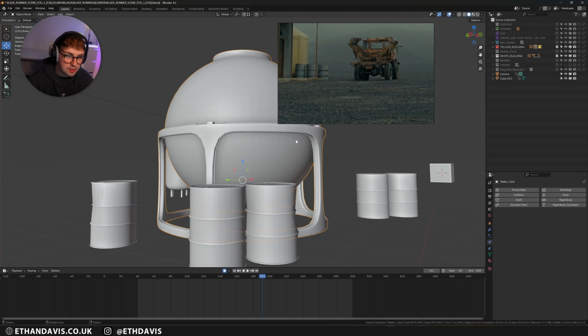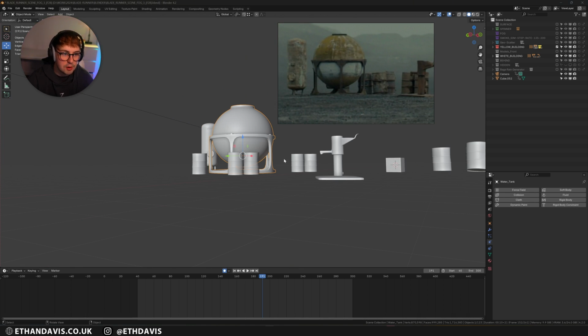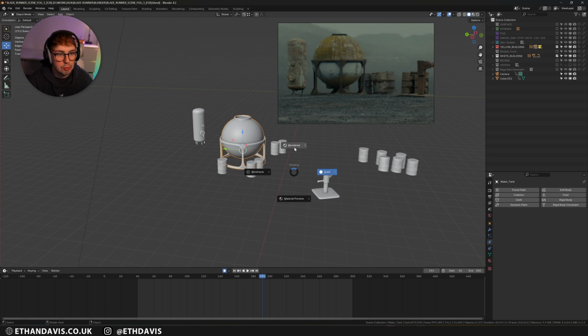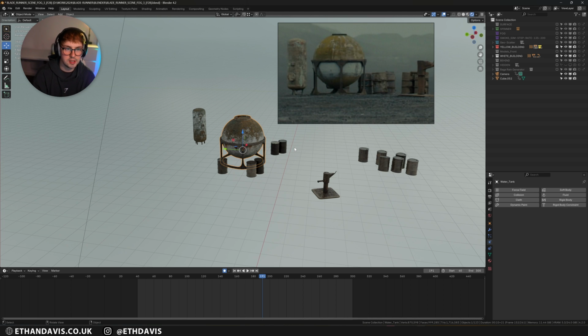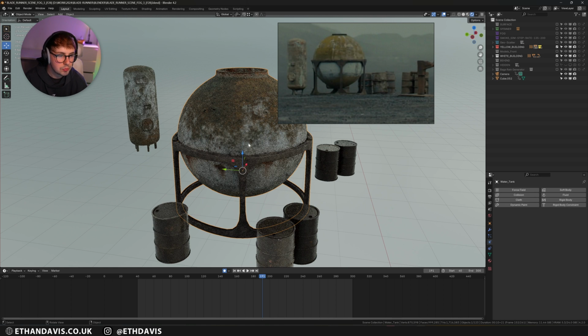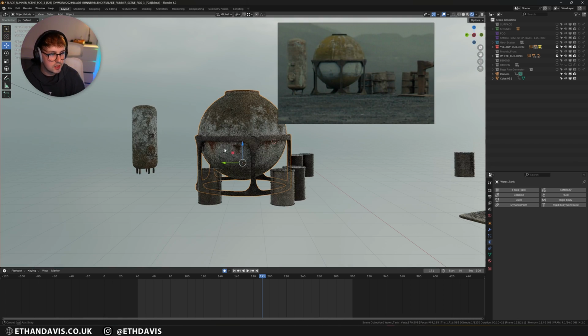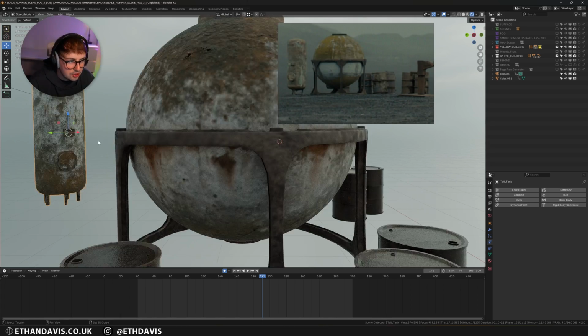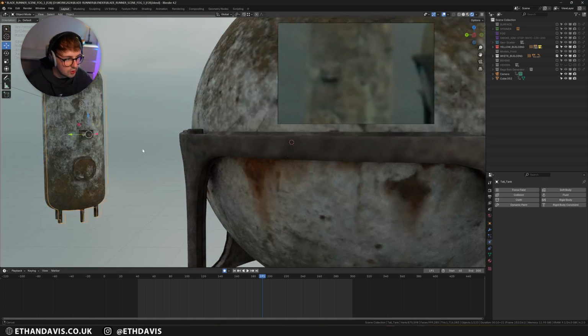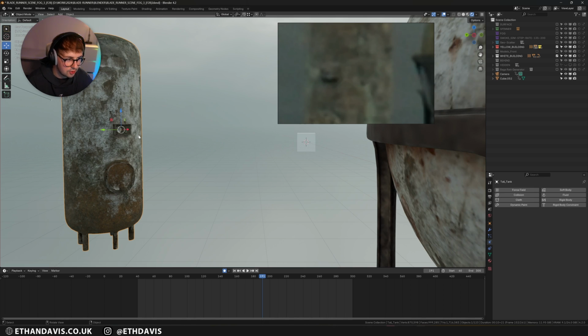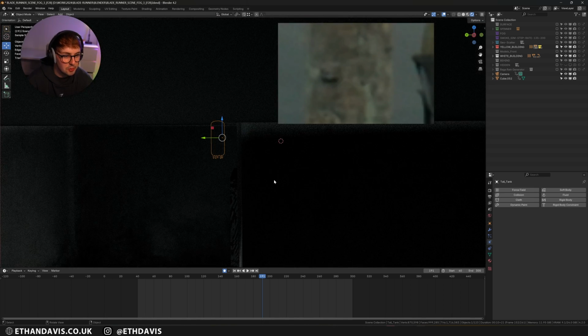But yeah, for these silos, very simple again. Just get the reference, model something similar, just so it looked like the movie. I think the big importance on this was getting the texture right, because it has some sort of moss building up on the top, which was really important to get just for the look of the animation. And same here. I couldn't actually tell what this box was, so I just ended up adding a box with a circle on it, for whatever reason.